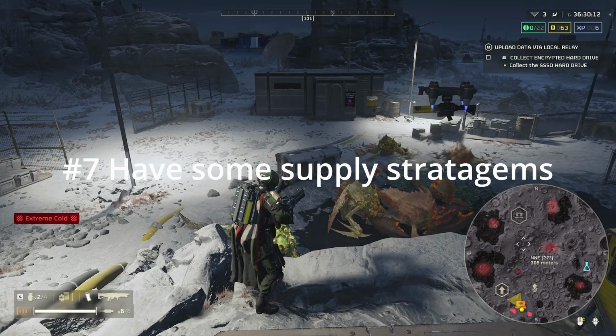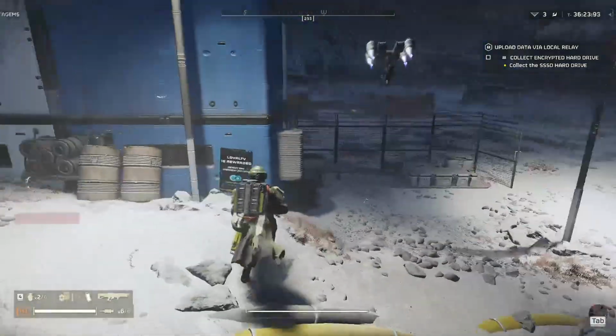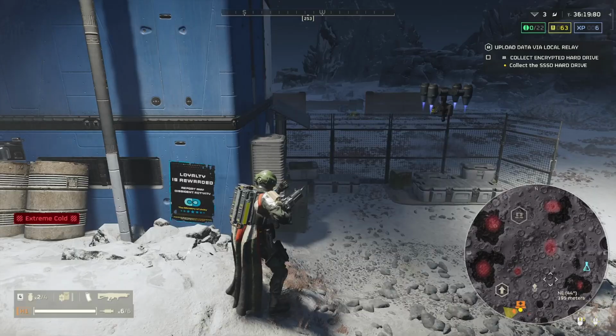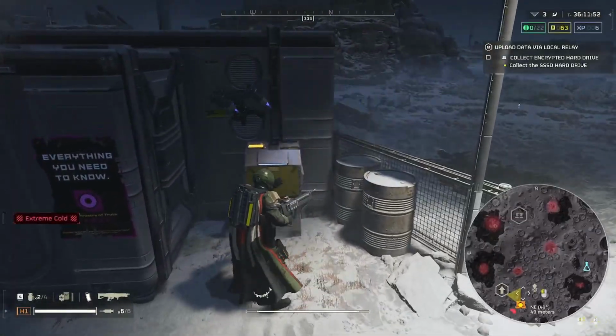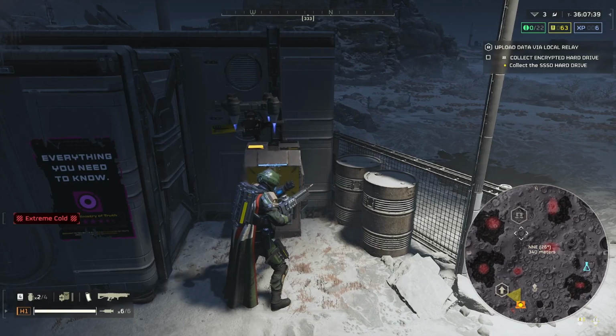Usually early game, it's best to have someone be the supply stratagem person. So this could be either with the supply backpack or a grenade launcher. This is helpful because the supply backpack also acts as a supply drop where someone gets to carry it on their back, and they can either use it on themselves or on a teammate, which will still give you ammo,